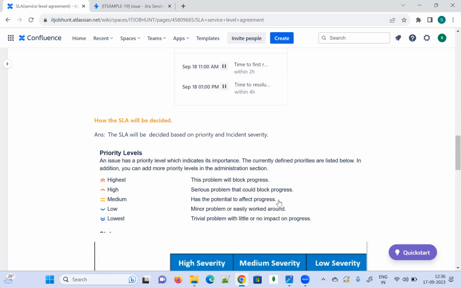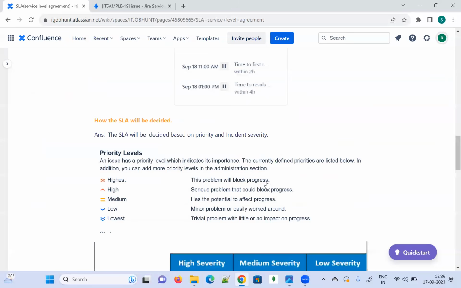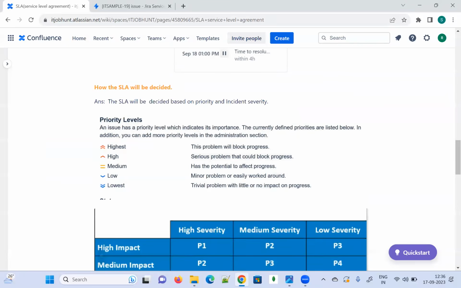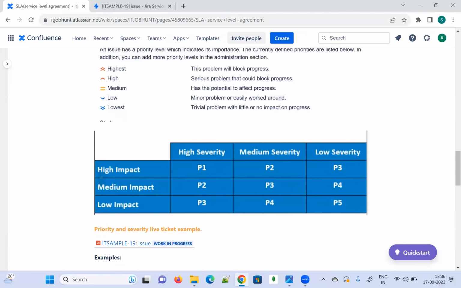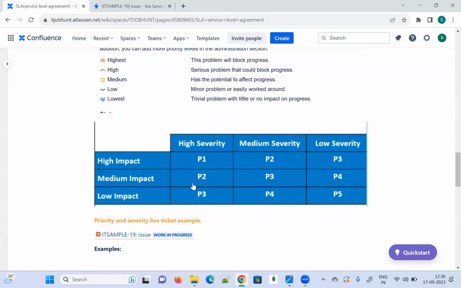And I will show you with examples where we are going to raise the highest priority tickets, high priority tickets, medium, low, and the lowest, I am going to show you guys. Okay, and before that, what are the priorities, and based on the impact and severity we are going to decide the priority level.